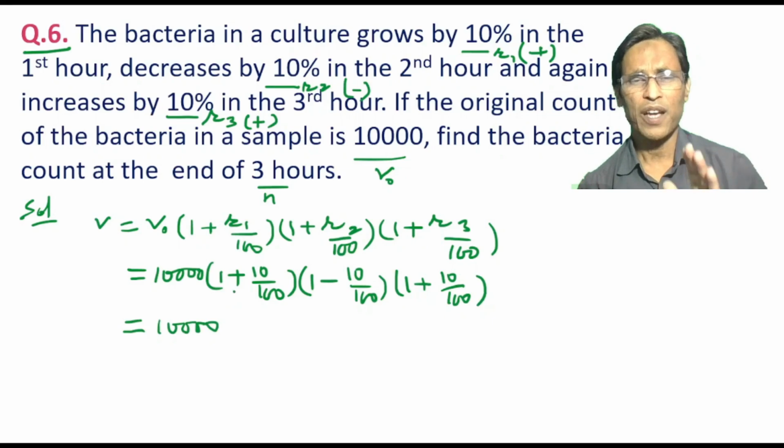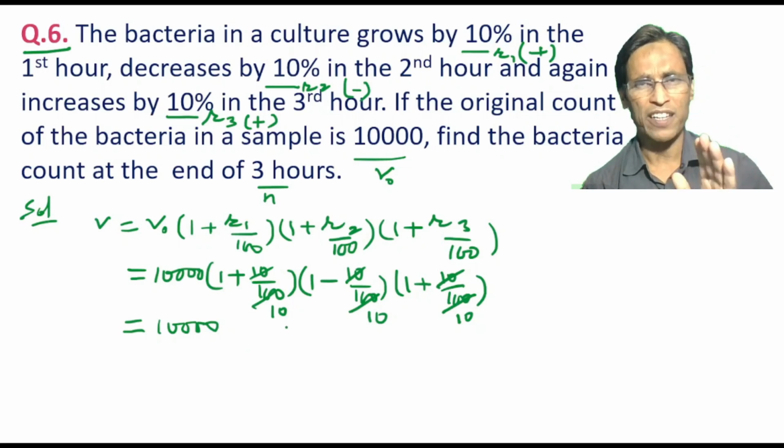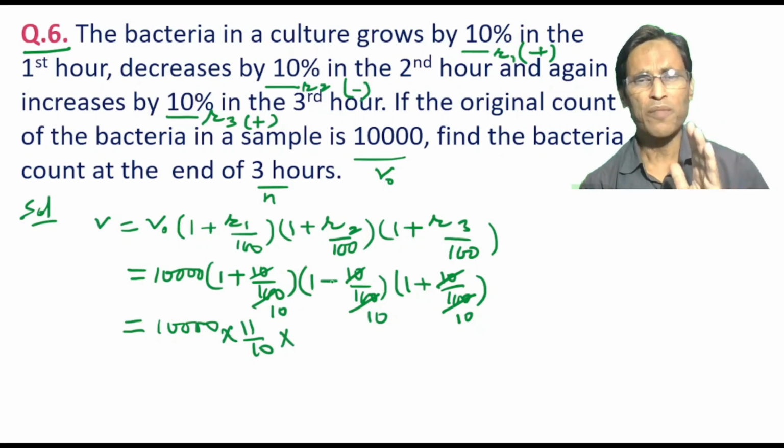Here we see that it is 10 by 100, so 10 can divide 100 in 10 times. Once again, this 10 divides this 100 in 10 times. And also for this 10 can divide 100 in 10 times. Therefore, now we simplify the term 1 plus 1 by 10, which is 11 by 10, and so we will have here 11 by 10 into, here it is 1 minus 1 by 10, so in simplification it will be